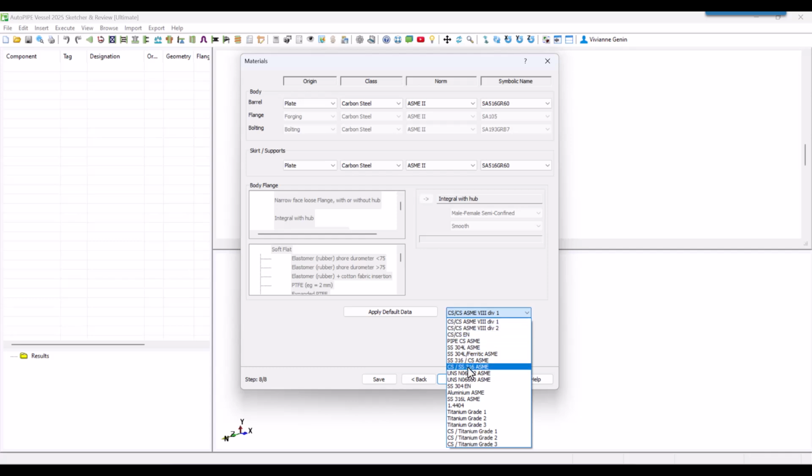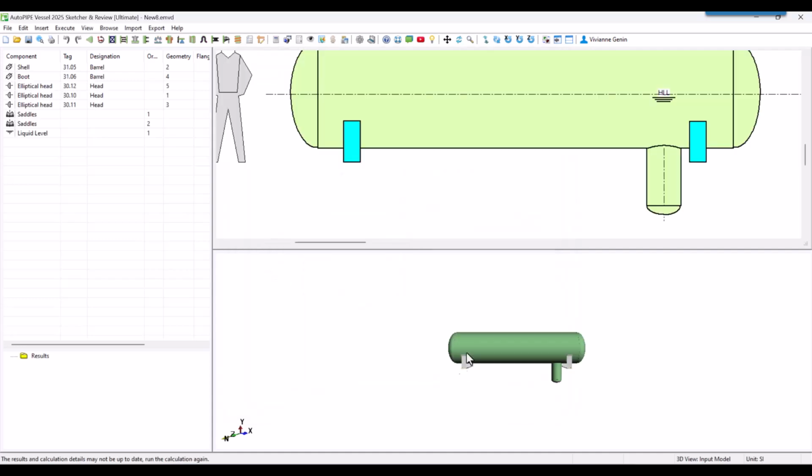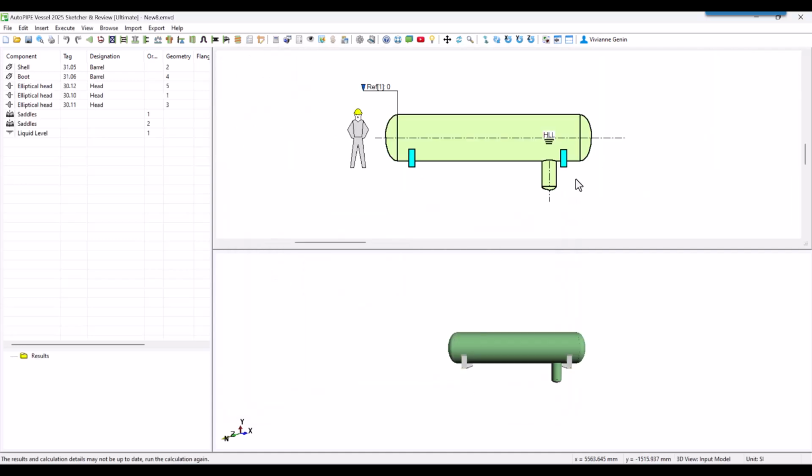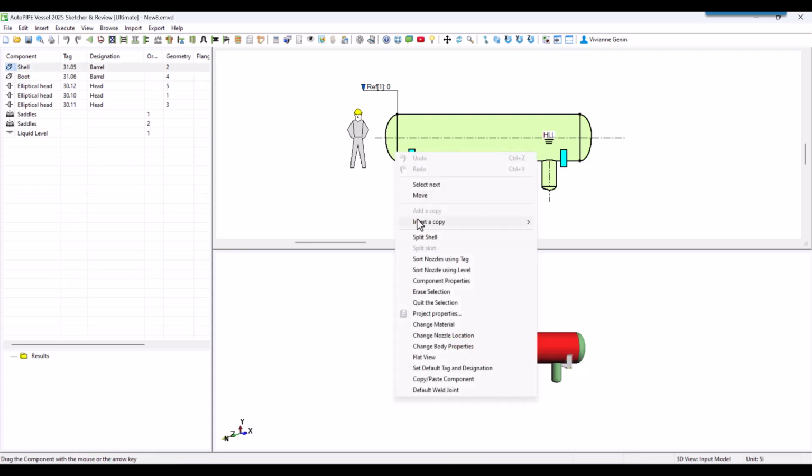This is just a shortcut. I can always edit materials one by one. This is just a time-saving button. Okay, I will leave it by default using my ASME 8 Division 1 materials and then click on Finish. By default, here I have my initial vessel. Now let's do some changes. I'm going to split it